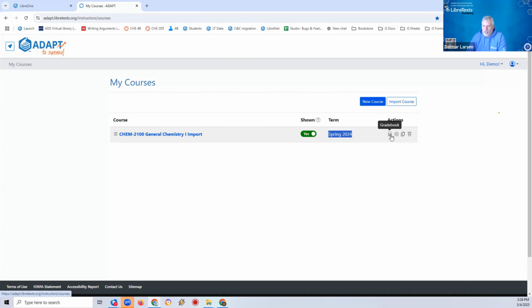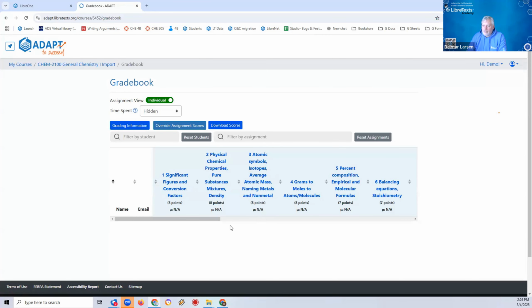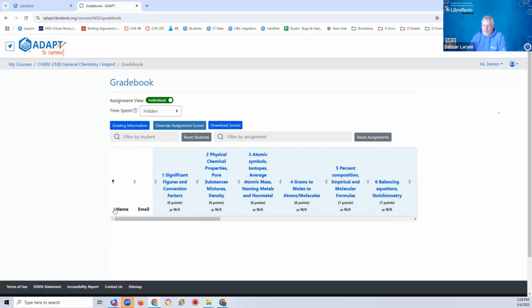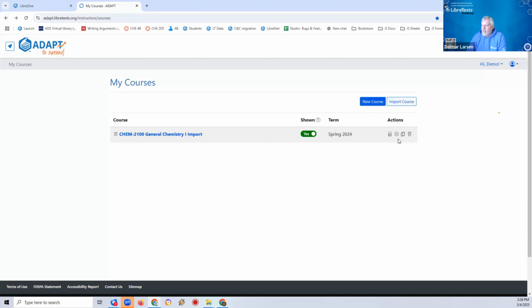Most of the table forms of things will have action items in order to deal with this. This right here will open up the gradebook, which is going to be nothing. Oh, actually, it does. It introduces all the assignments, but it doesn't have any students enrolled in it, so it's just basically a top level. Then you have properties, which I'm going to go through momentarily. I have the ability to clone the course. You'll also see that for assignments and for questions.